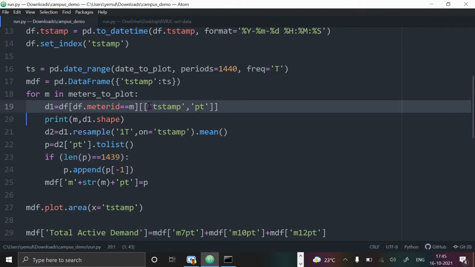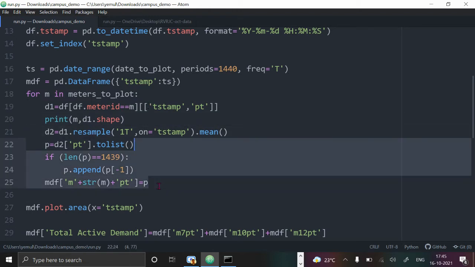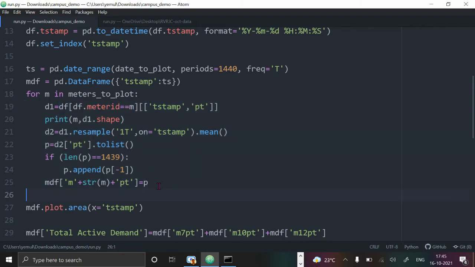For that, let's do one more step here. Up to here, I am appending the data to this, right? Now if I repeat this whole thing, this printing of shape is not required.